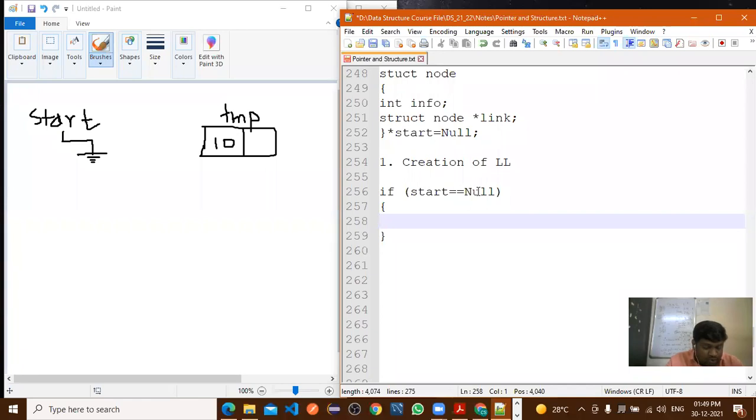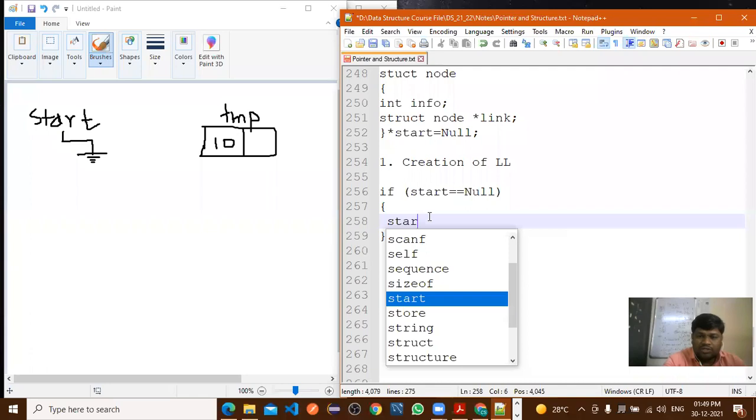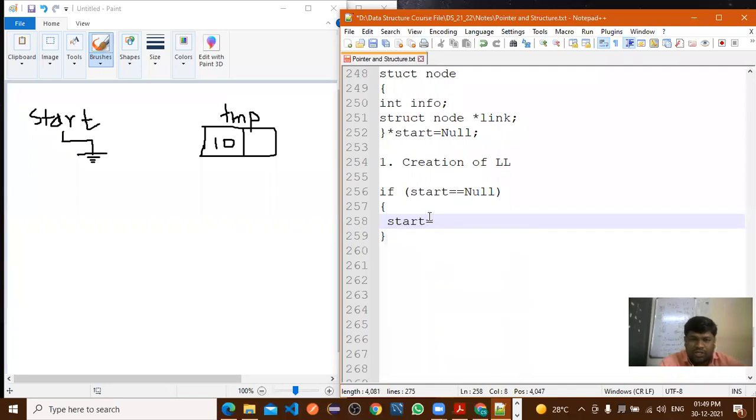If it is true, then what we are doing? Start is equal to. So what you need to assign here? Whose address you need to assign? First link. First link's TMP, right?